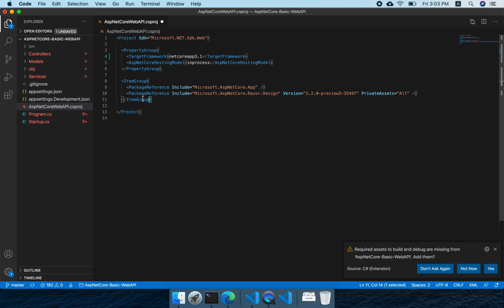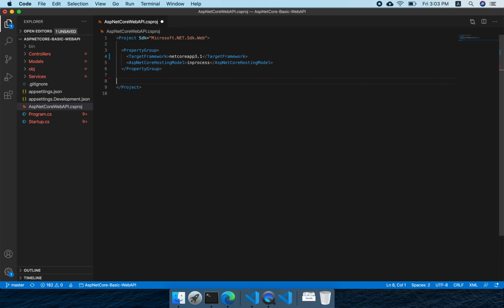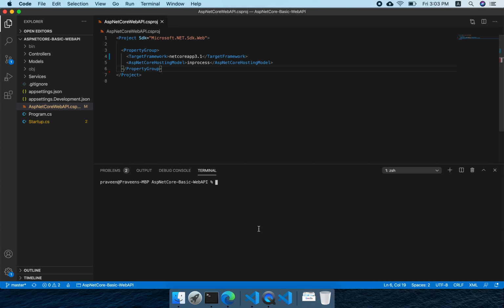Okay, once that is done, as per 3.1 we don't need these things, as by default they come with the base package. You save this, and after you save, you have to run this so that the libraries you are referencing in other classes come, and IntelliSense will help you add them, otherwise it will not. Once that is changed, you just have to restore it.